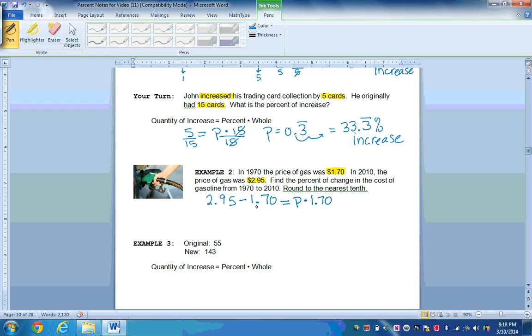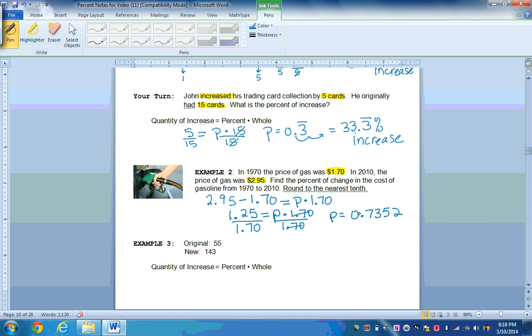Go ahead and do this subtraction first. $2.95 minus $1.70. You do that on your calculator, it comes out to $1.25, and that's equal to P times $1.70. We're going to divide both sides by $1.70. Those will cancel. P equals, if you go ahead and do that division on your calculator, it comes out to about